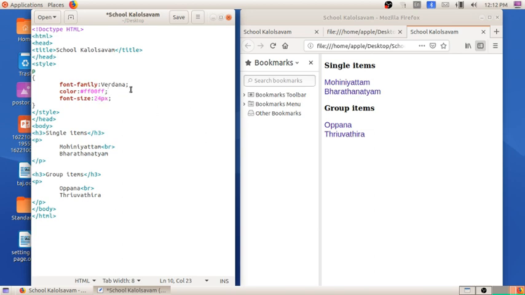So font family is Verdana, color is #FF00FF, and font size is 24 pixel.